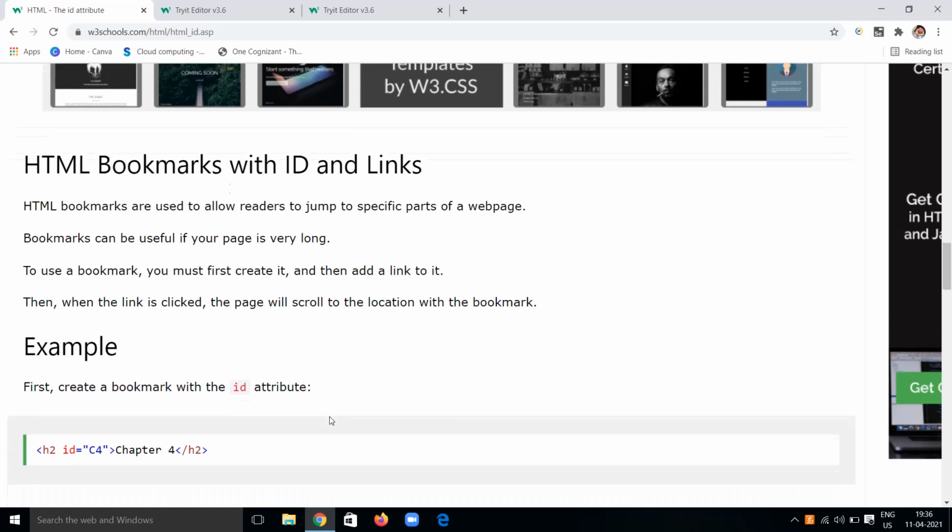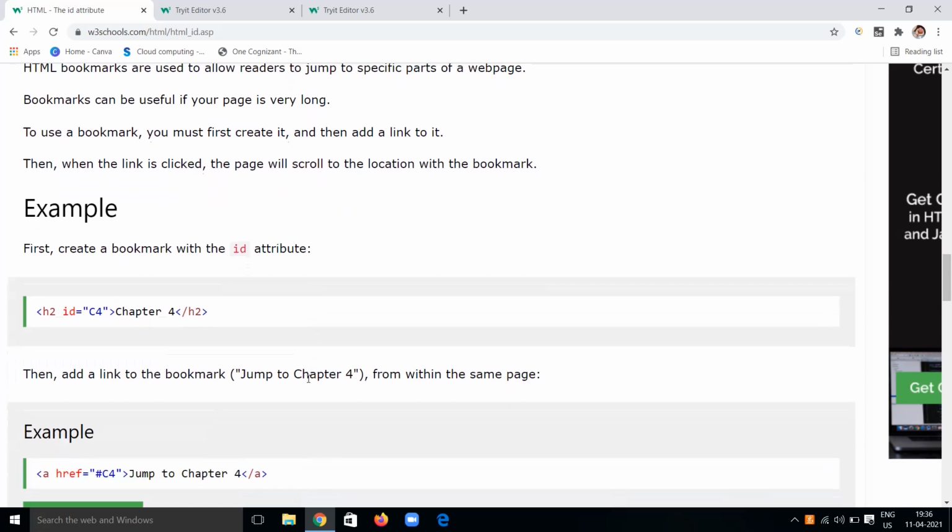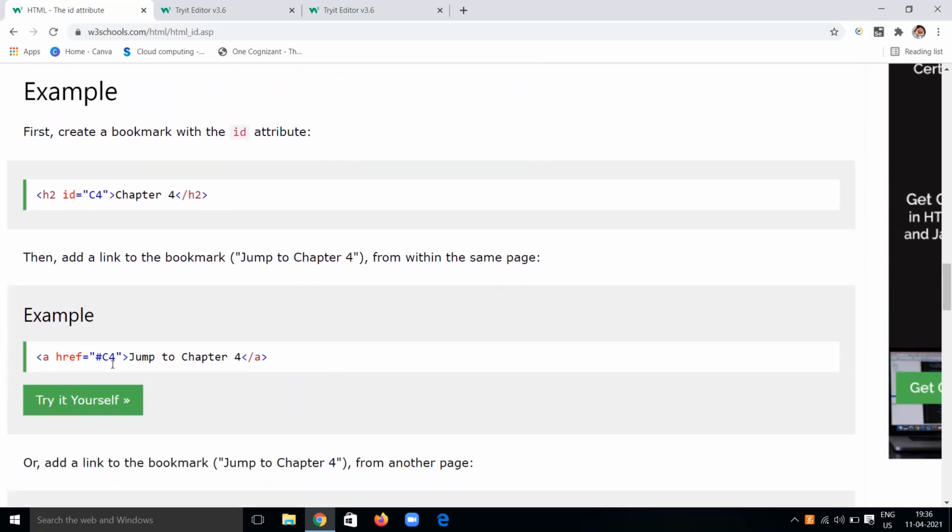First, how to create a bookmark. You create a bookmark with an id attribute. By using the id attribute, we can create bookmarks. Like h2 with the id attribute, I am giving C4 chapter. We have seen a similar topic while seeing the jumping of a web page. Then we have to add a link for that. That is how we add links, as we had discussed here. We add links by using the a tag. We have a hyperlink reference, href equals, and we have to specify the particular id name here. Whichever id name we have given, the C4, we have to specify that by using a hash followed by that name. By specifying these things, we can jump to the particular one.